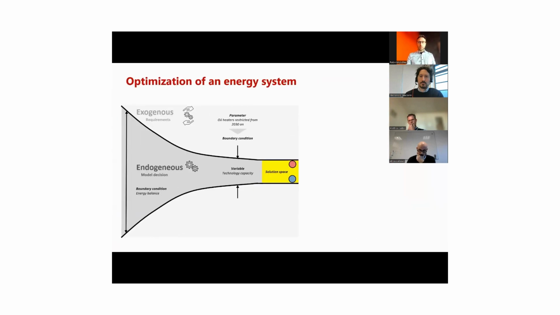So what does it mean to reach an optimal energy system? The optimality is defined by the objective function. Typically we work with two objective functions. The first objective function is to minimize the CO2 emissions of the system. And the second objective function is to minimize the system cost. And as you see on the left-hand side,